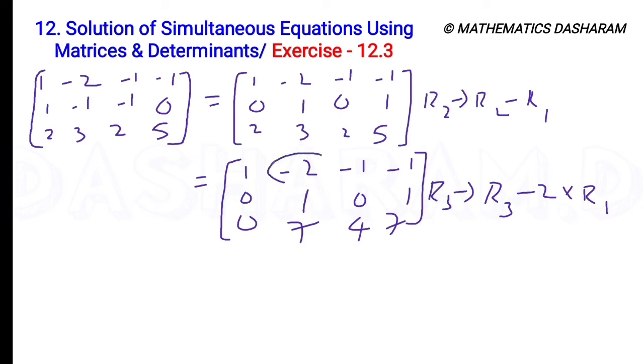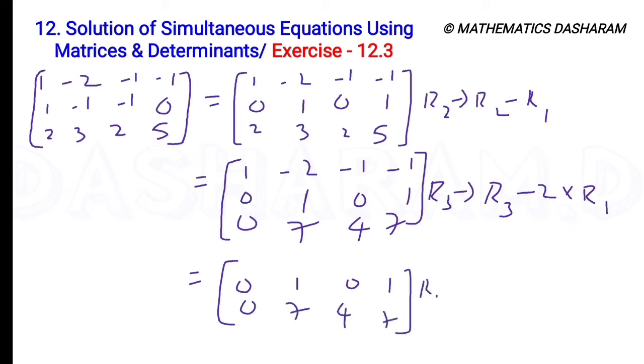Next we require 0 at this place. So to get the 0 at that place, what I am doing here, first of all I am writing the last two rows as they are. Now R1 I am replacing with R1 plus 2 into R2, because it is a minus 2. So that is why multiply this 1 with positive 2. So then here R1 is 1 plus 2 into R2. So that is 0, so the answer is 1. Next R1 is minus 2 and 2 into R2 is 2 into 1. So it is equal to 0.